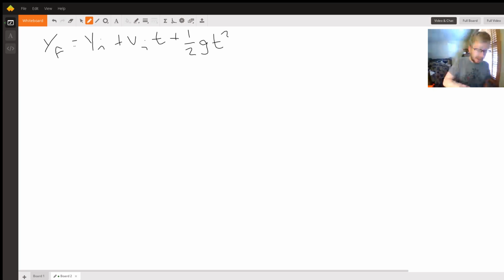Okay. Now, as I said, we can cancel these out. They're both 0. So we're left with 0 equals the initial velocity, which is 13, times the time